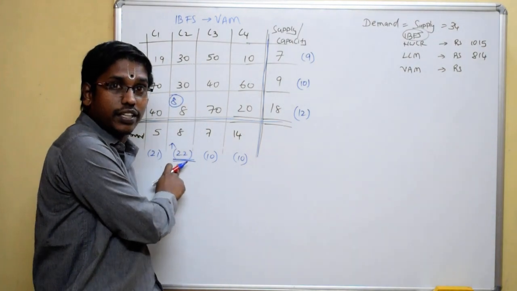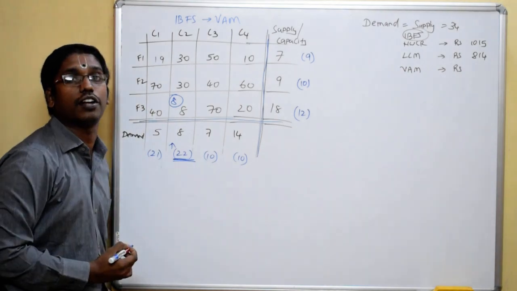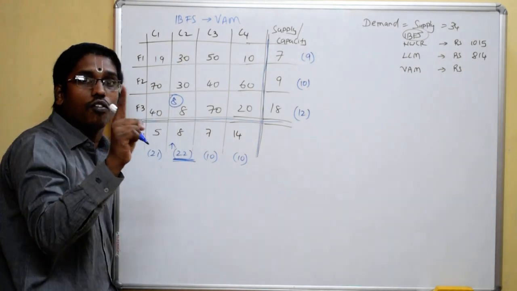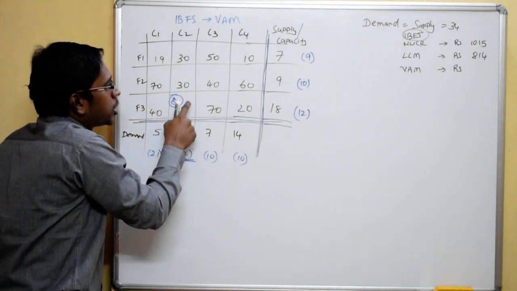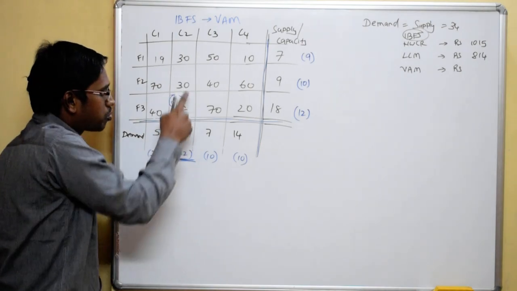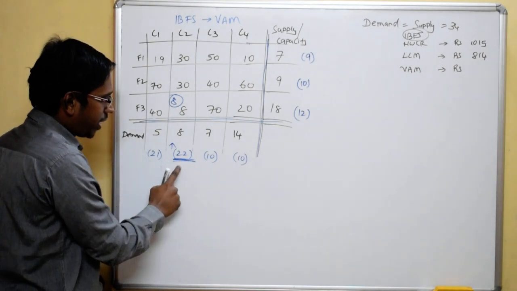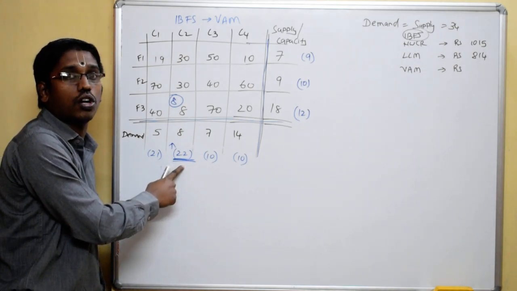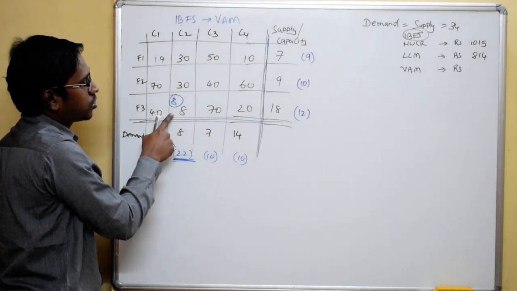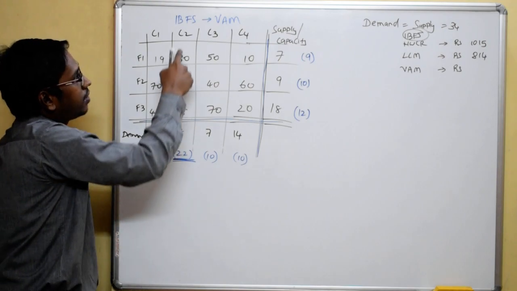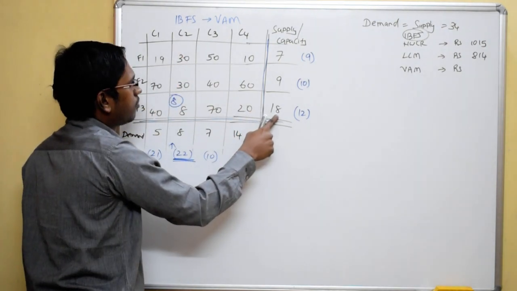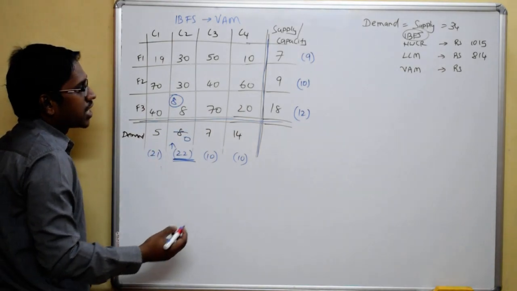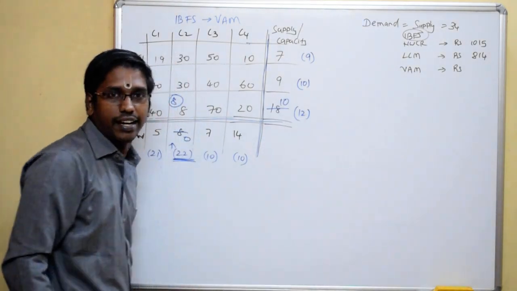I don't want my cost to increase. That is why I will give preference to this particular number. So in this particular column, what is the least cost? 8. I don't want to avoid this particular road, because if I avoid it my cost will increase by 22 rupees. So go to this particular 22, the highest penalty, and in this respective row or column, here it is a column, I go to the cell with least cost. It is 8. How much to allocate? The demand is 8, supply is 18. I want only 8, so I give 8. So my demand becomes 0. And this factory is still left with 10.